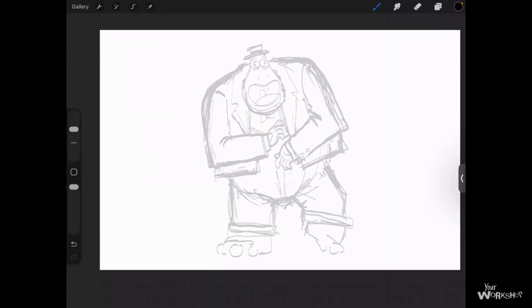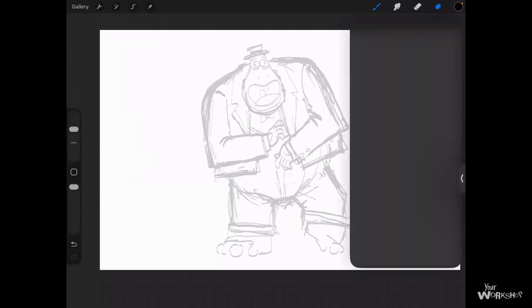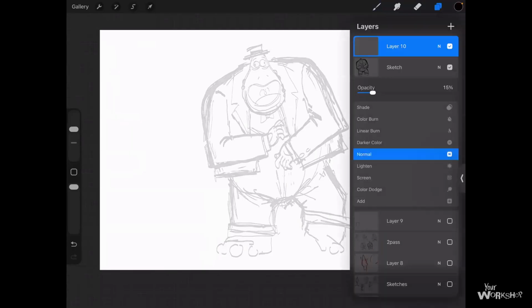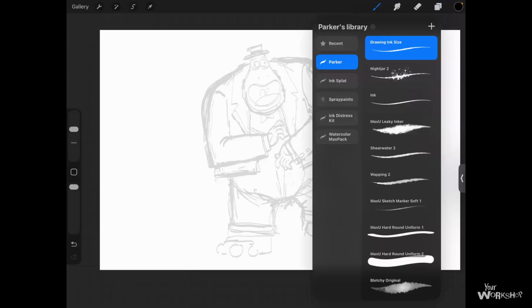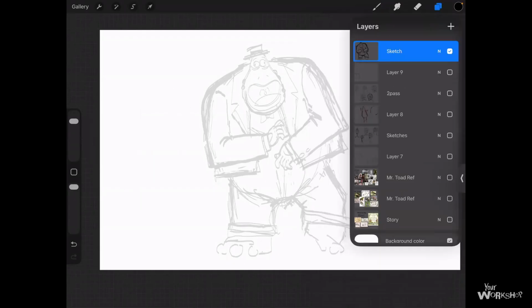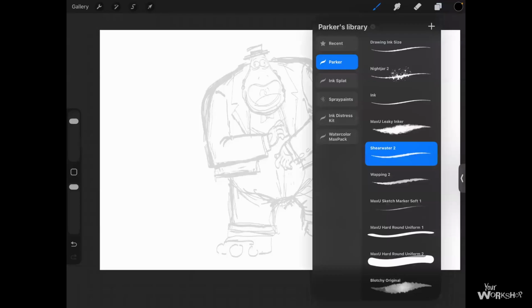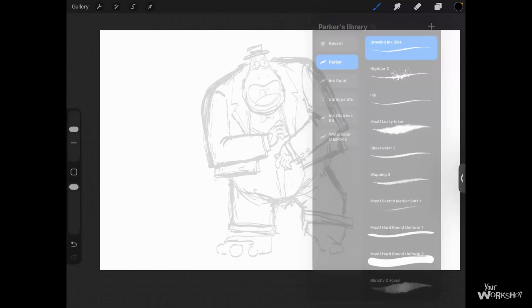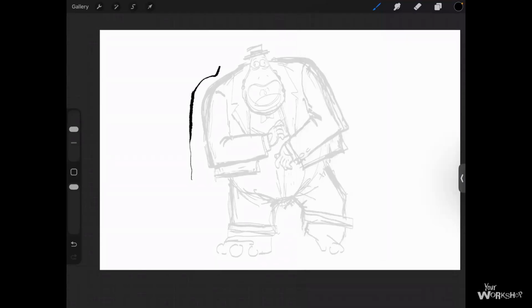So if any of you guys are familiar with my work, I like brushes that do have that inky feeling that you can get a thin and a thick line to. The new update for Procreate, if any of you guys are on Procreate, has a really cool brush called Shearwater that I've been using a lot recently. But I thought for today that I would just kind of use the classic brush that I normally use, and it's just an ink brush that I tapered